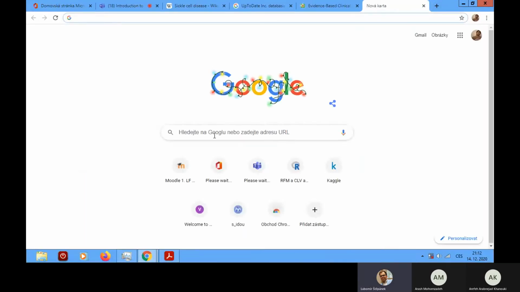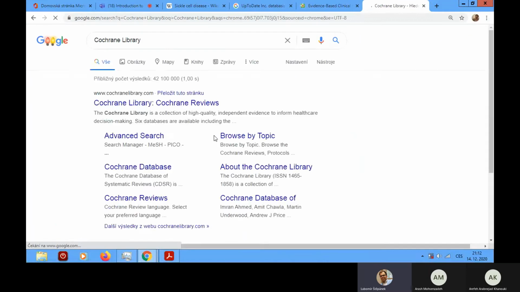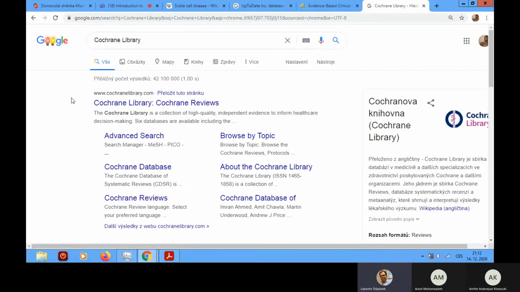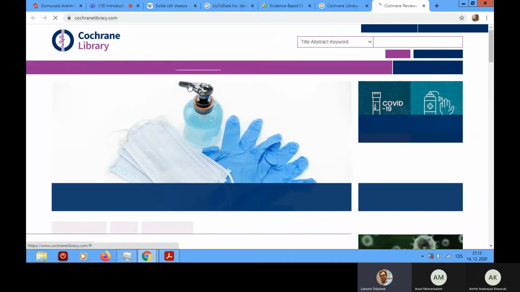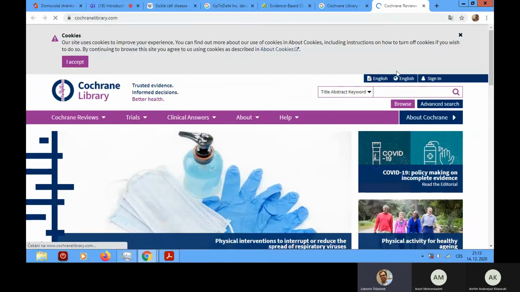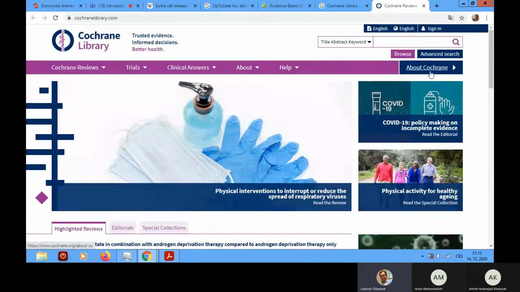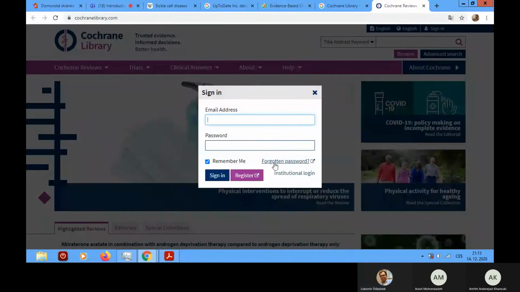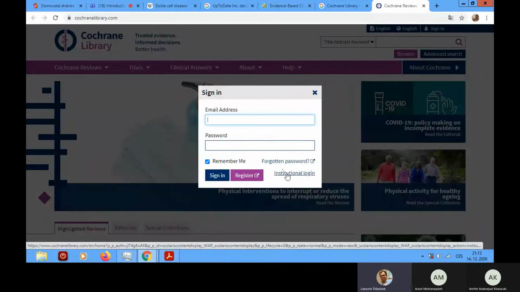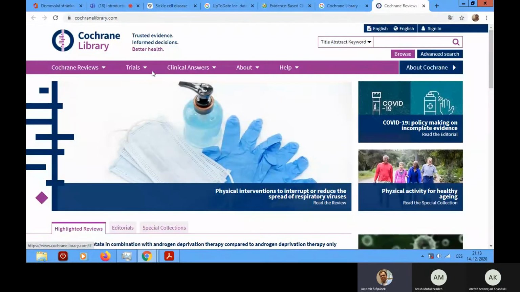I think that Cochrane Library comes maybe from the 50s or 60s. It's relatively old, but yeah, old but gold, you know. But also you should be able to sign in using institutional login. It should also work on campus using EduRoam. Institutional login should work. So also good to know about.